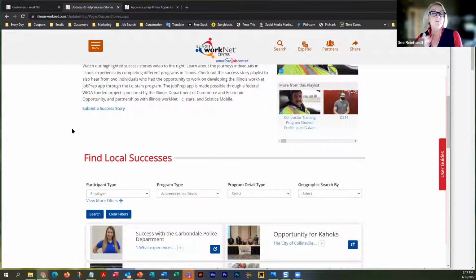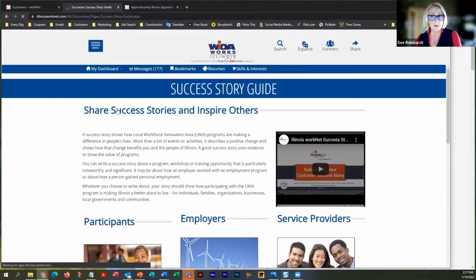Part of the contractual agreement was that the organizations that are using the Apprenticeship Illinois grant were supposed to be submitting success stories to the system, quarterly or monthly, I can't remember which. I think it was quarterly, but at least quarterly, if not monthly. And we have the 3 types that you can submit. There is a submit a success story button on the success story page, and we do have that linked